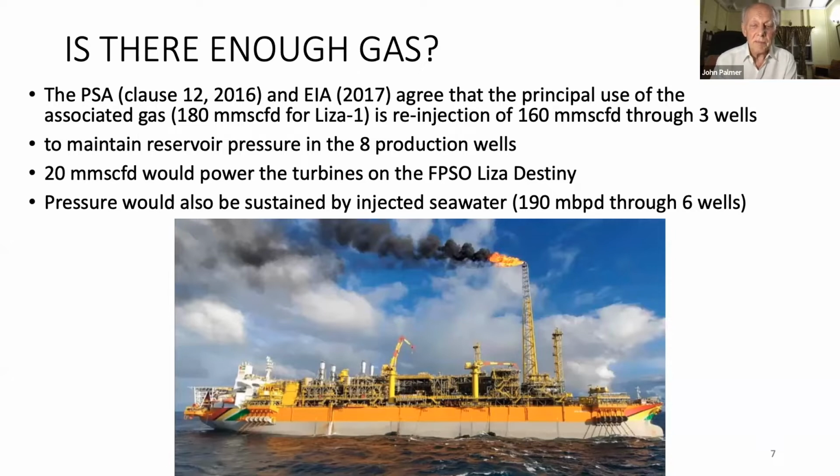Now, in this particular gas to shore project, we're only looking at the outputs from two fields, Liza 1 and Liza 2. And on Liza 1, 20 million standard cubic feet of gas per day is enough to power the turbines. 180 comes up the pipe together with the oil, and that leaves, and also we're maintaining pressure by injecting